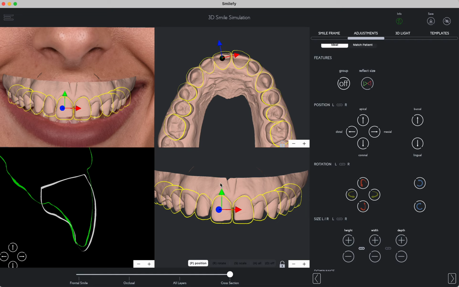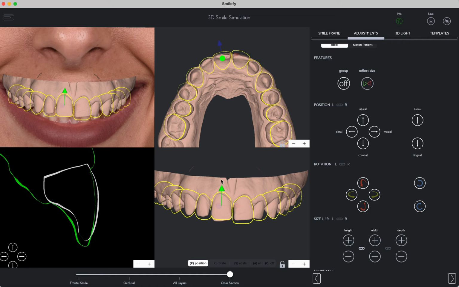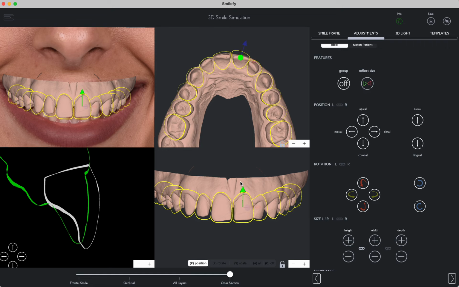I have the option to go coronal here and fit the gingival margins like this, increase the size, right, like this, and now I have a very clean position of my central, considering the gingival margins, considering the axial angulation, considering the ratio, and I have the option to select the central and reflect the size on the other one